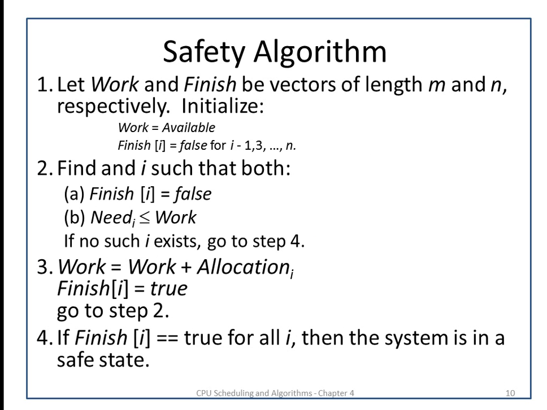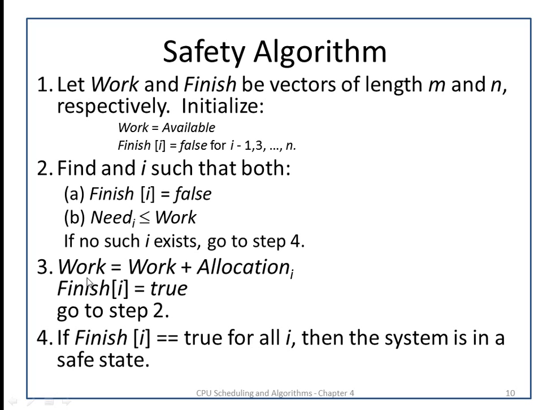Now we will check the safety algorithm. So this is our safety algorithm. What we will define here, we will define two variables, work and finish, and we will assign work = available, so that original available will not get disturbed, and finish will be set to false. Now for each i we need to set the finish as false, and we will find whether the need is less than work. Okay, and if it is less than work, then we will perform the allocation operation, and if it is not, then we will come out of the loop.